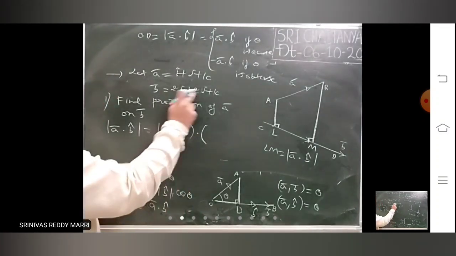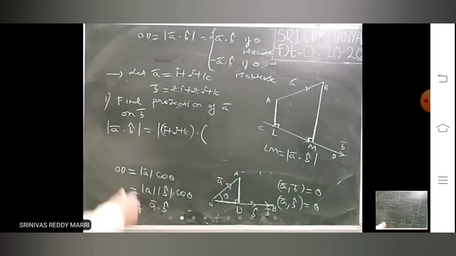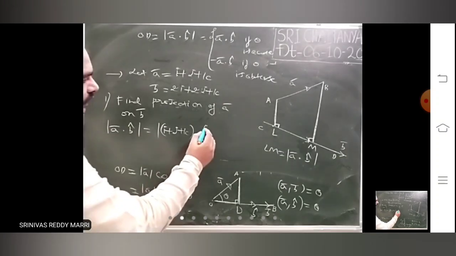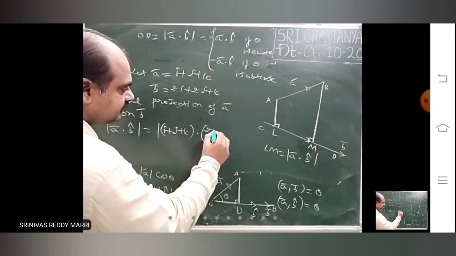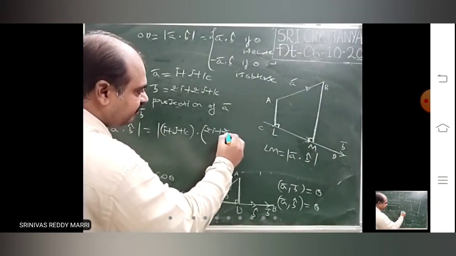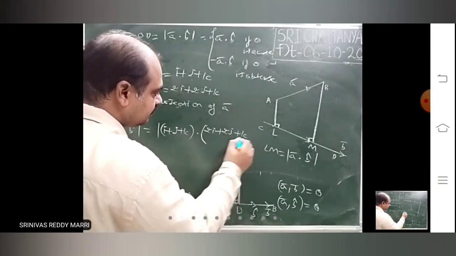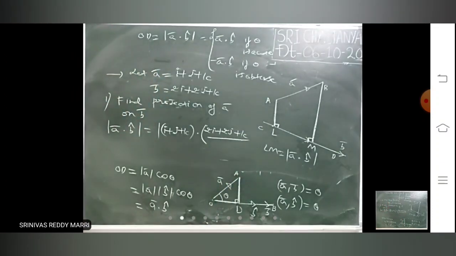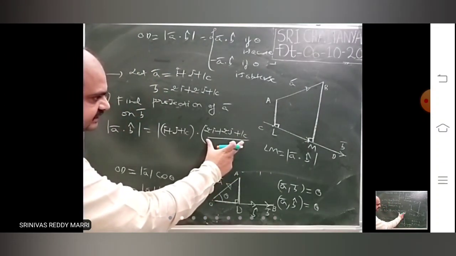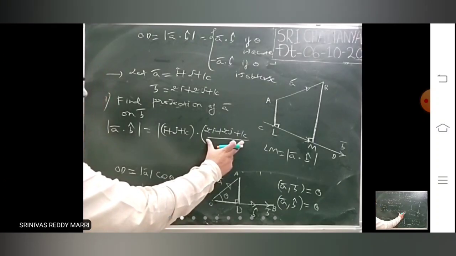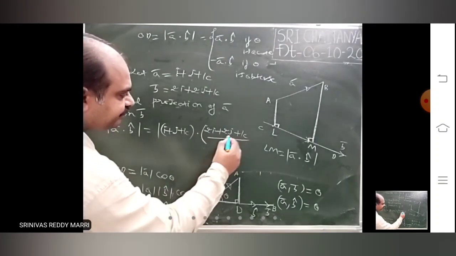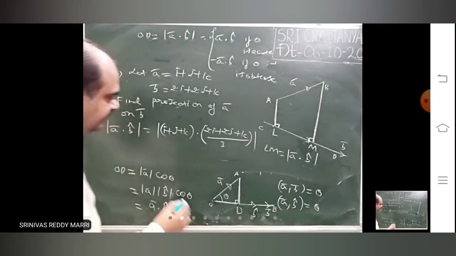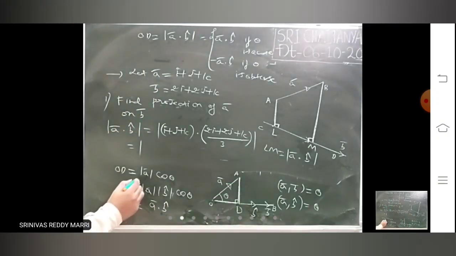Unit vector you write. Don't write B bar. Unit vector. That means by mistake we will write in the exam only that vector. That is wrong. Divided by this is the one. Divided by root of 4 plus 4 plus 4. This is the one. That means modulus.